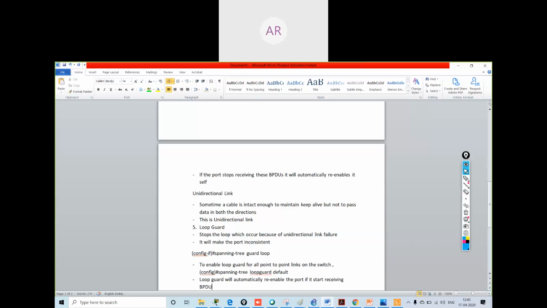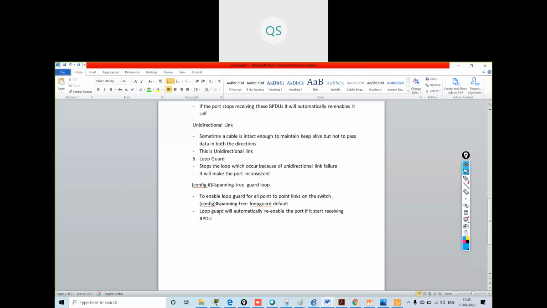So when my switch starts receiving the BPDU messages, it will re-enable the port again. Okay, understood what is loop guard? What is the use of loop guard?